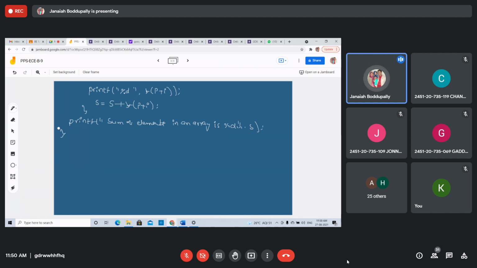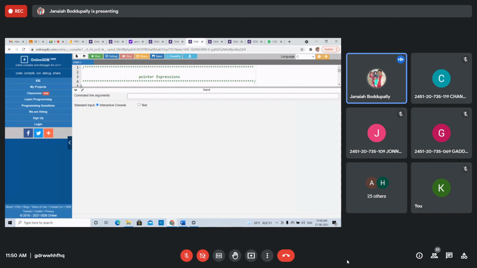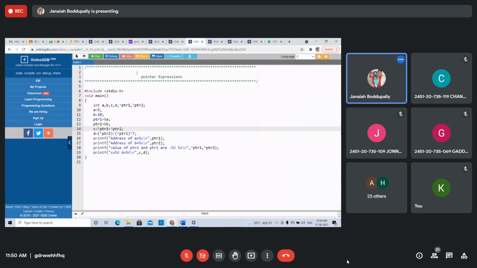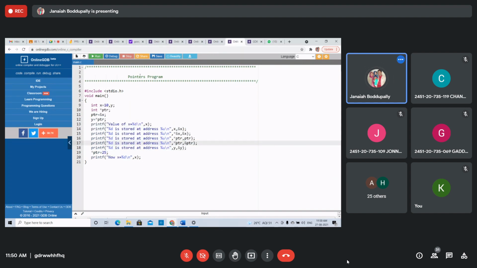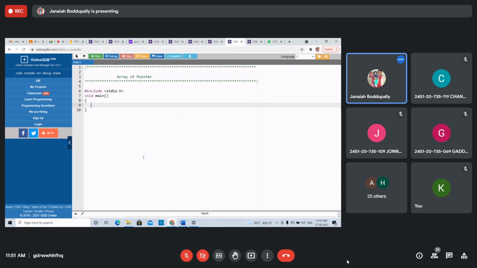If you want to display the sum of the array elements using the pointer, can we execute? I remove this one, pointer expression. We already executed pointer expressions. Simple pointer program. Just very simple.